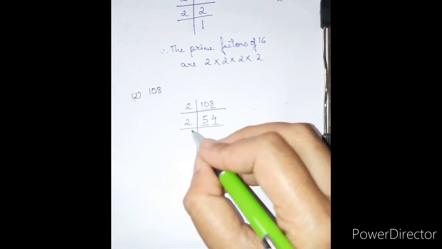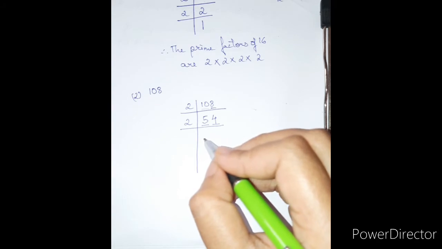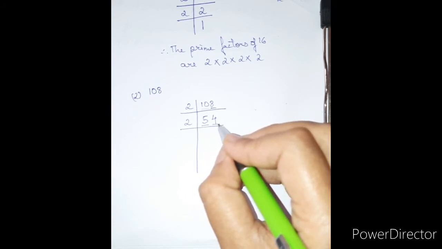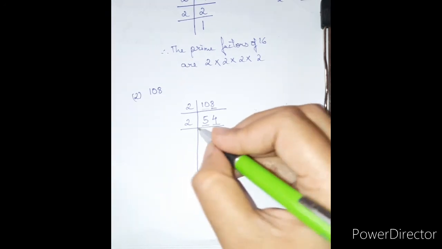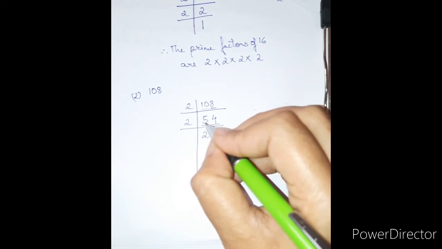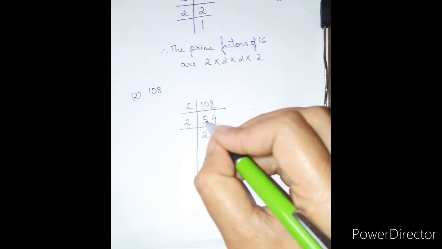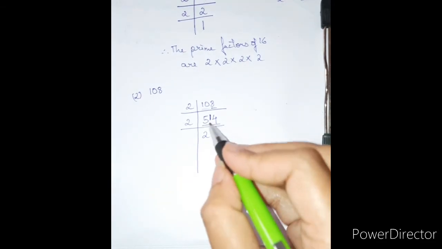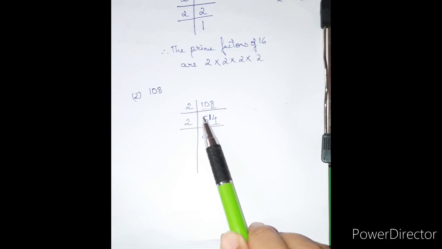Let's take the table of 2. How many times can it go? 2 1s are 2, 2 2s are 4, 2 3s are 6. 5 is not coming, but still I can take it because there is another number, same like division. So we can keep the balance for the next number. So I will take 2 2s are 4. What is here? 5. 5 minus 4 is 1. So give that balance 1 to the next number in front. Now the number is 14.